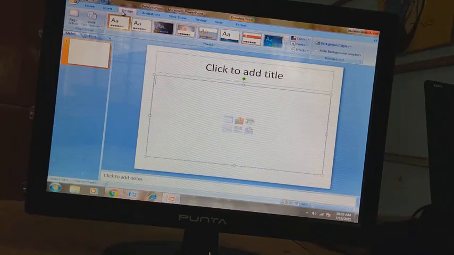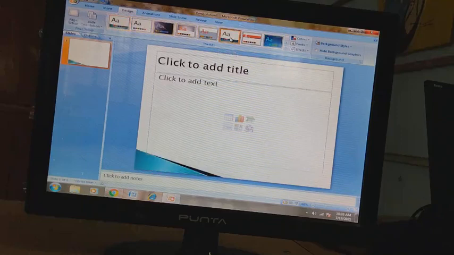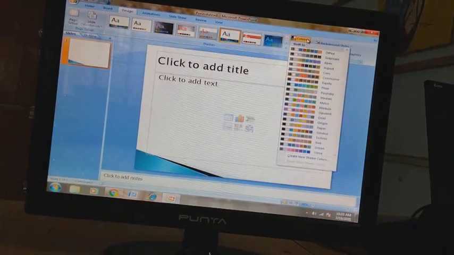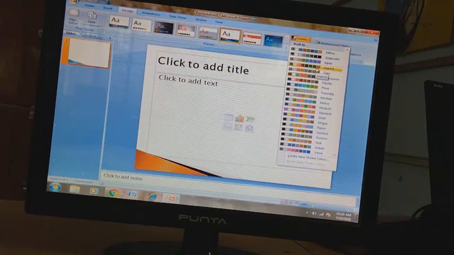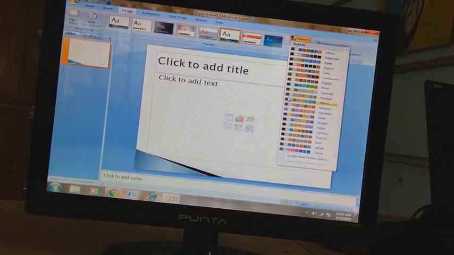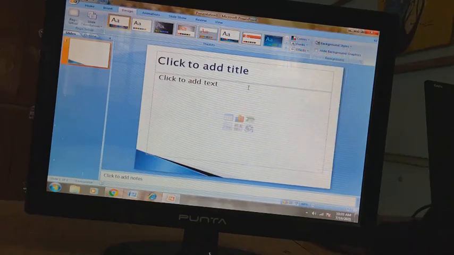What you have to do, you have to go in design and you can select any of the themes of your choice. When you select a theme, you will see the background is changed. Or you can change the color from here. In the color option, you will get various color palettes. At the bottom of the sheet you can see the color is changing according to what we are selecting. Whatever we select, that color will change in the actual sheet.